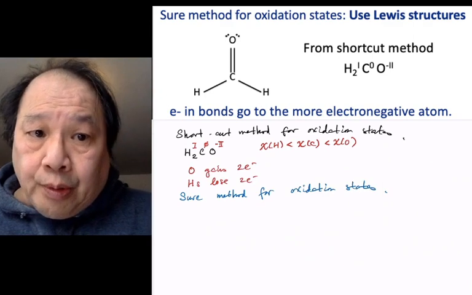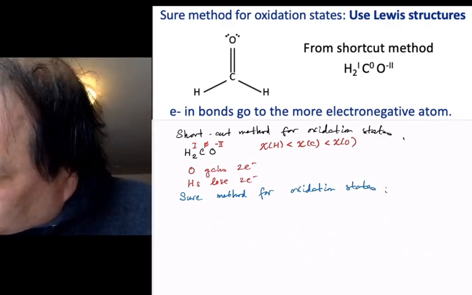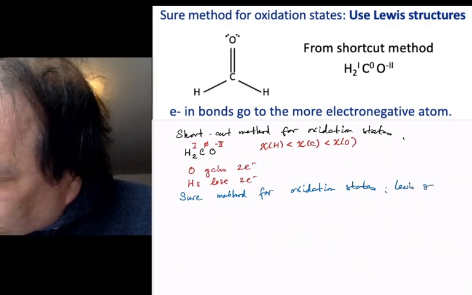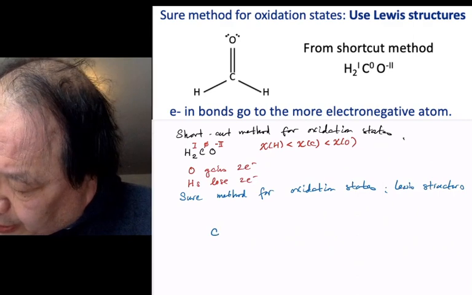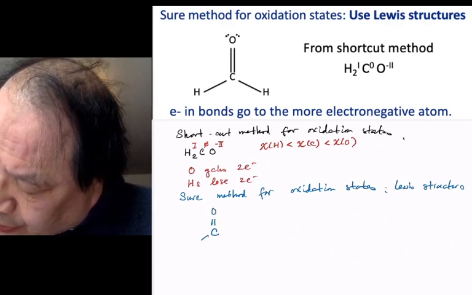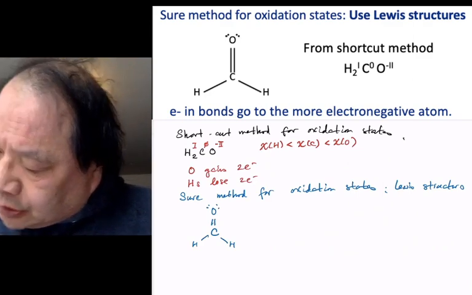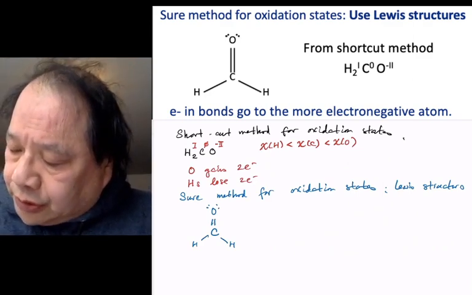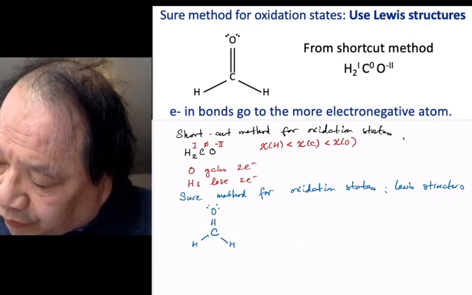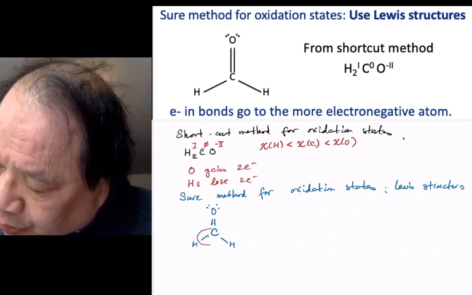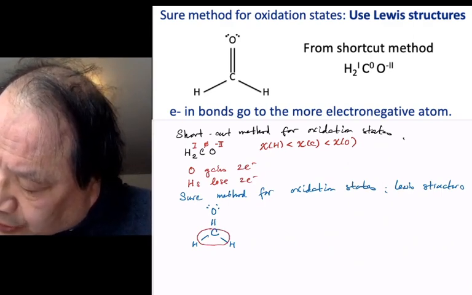In the Shor method, you first draw the Lewis structure. C is the central atom, with O and H attached. Electrons in bonds get assigned to the more electronegative atom. So carbon is more electronegative than hydrogen. Oxygen is more electronegative